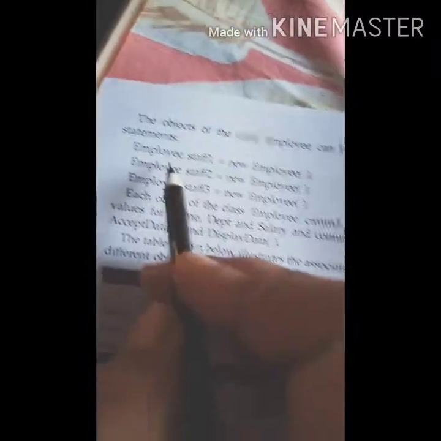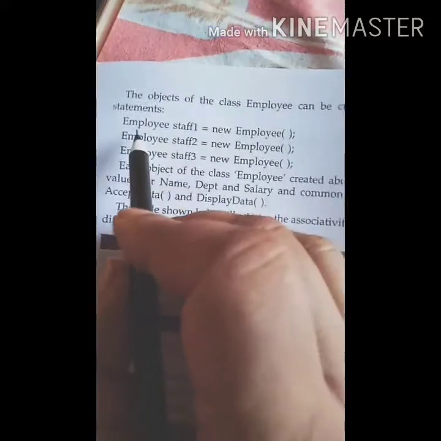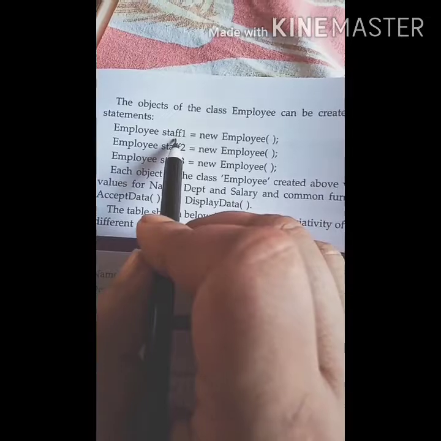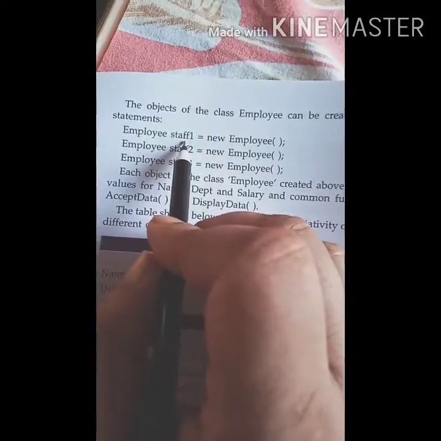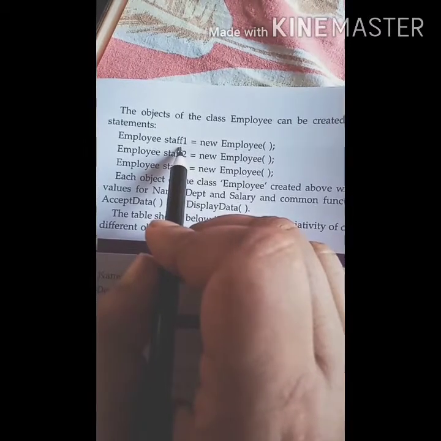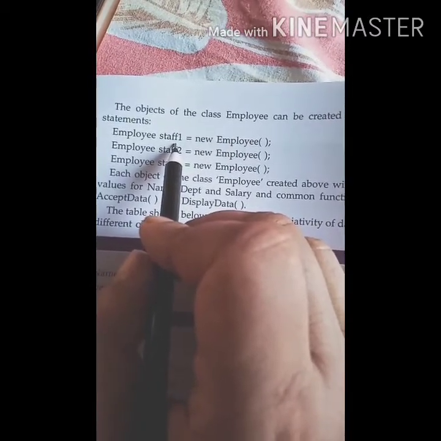Here again the same things we have to learn. Employee is a class name, staff1. Okay, instead of staff1 you can give the name of the object, Rakesh, Mohan.